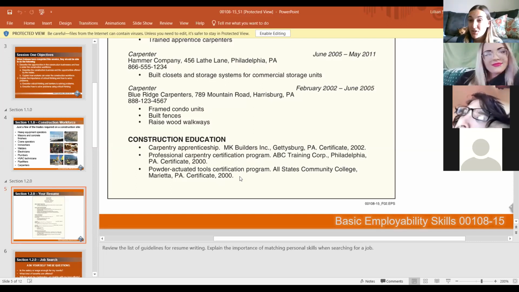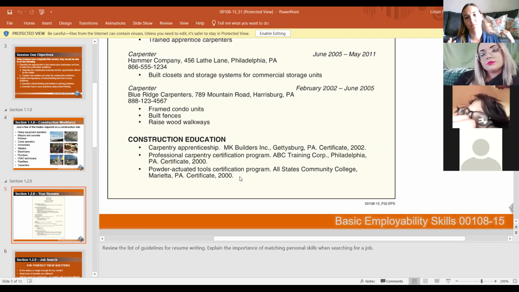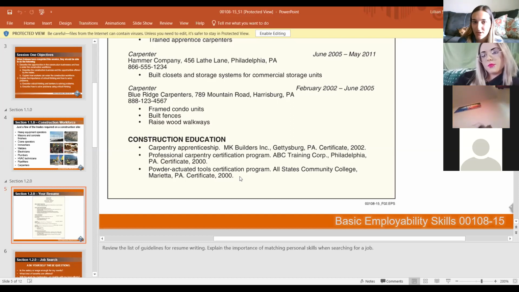Even if you don't want to do construction and you end up applying for a job at Macy's after this, because that's what you feel like doing in the meantime, still put on your resume that you got your certification in NCCER, because that shows dedication. It shows follow through, that you finished that certificate. It shows a good amount of education. It shows that you learn skills outside of GED. So even if you're not applying to a construction job, that's all right. Still put down that you have that certification in there, because it looks good to any sort of employer, but especially construction, since it's related.